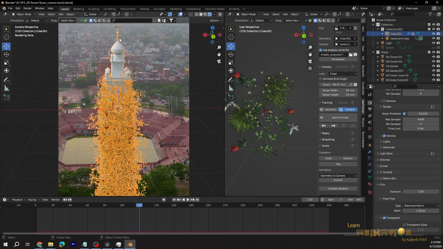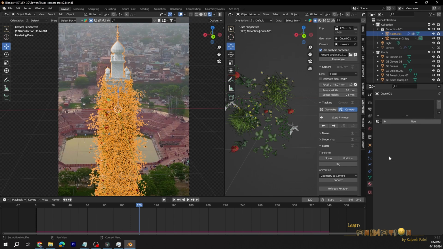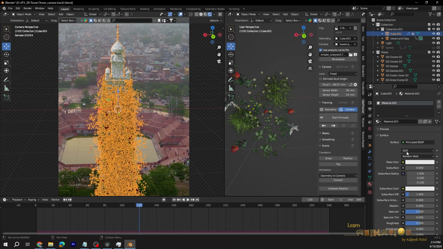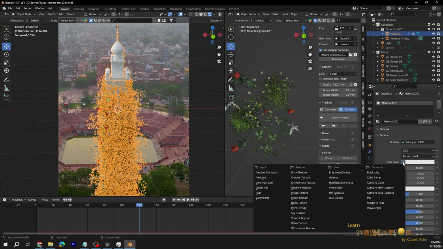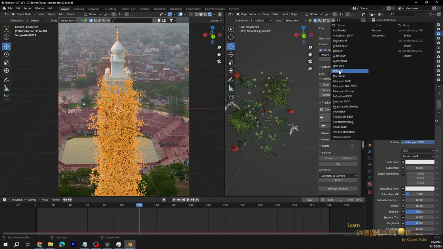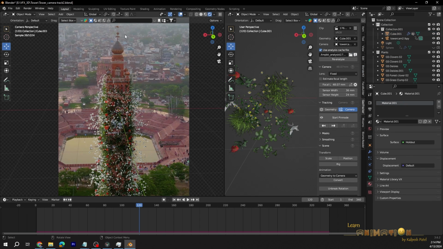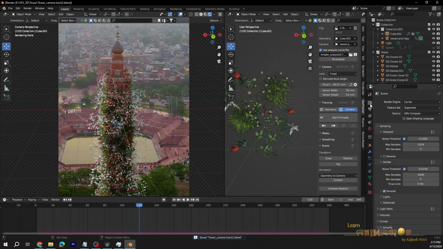And here we need to see the tower instead of our model, so just select that tower model, go to the material property, new material, apply new material, just select new material, holdout, so you can see instead of the model you can see the nice tower. Now you can just save the file and render a single image. Before that we have to reduce the samples a lot, so it will render quickly.